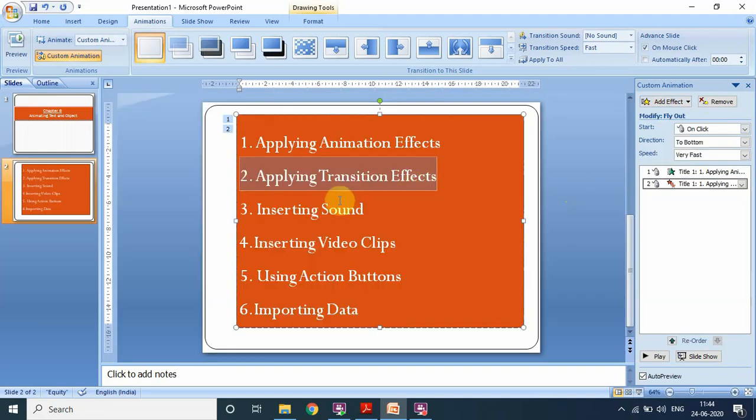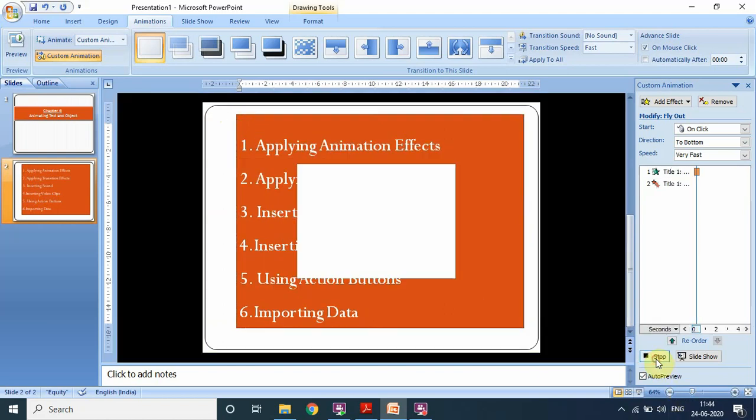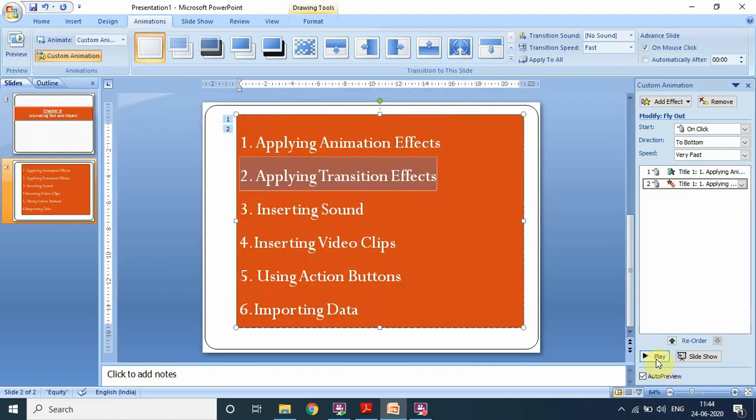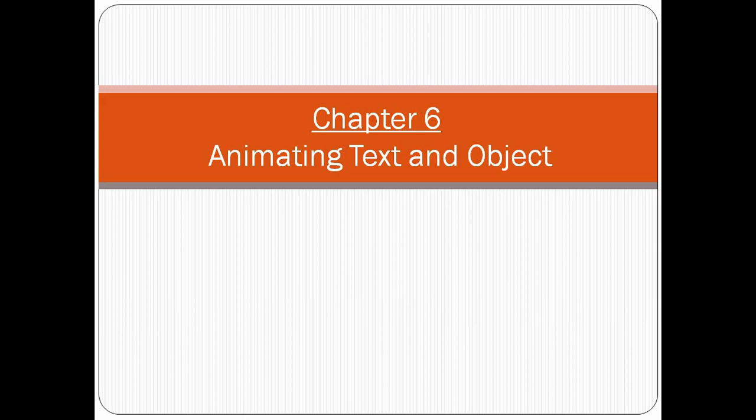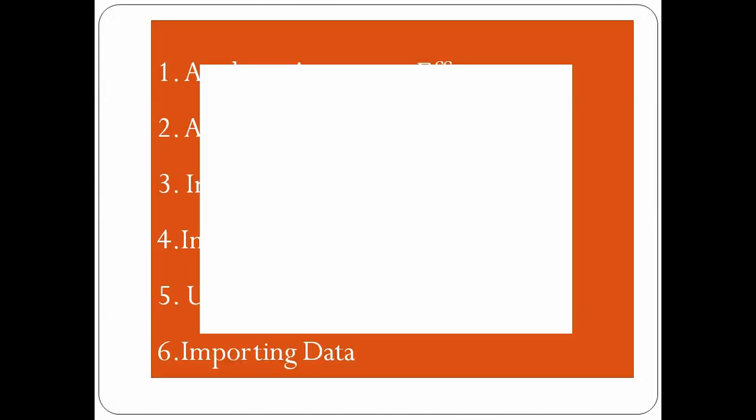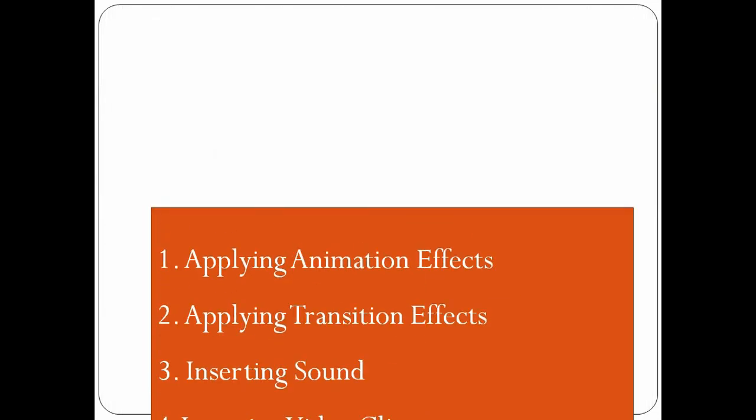Right? As we can observe, whatever objects I am selecting and the animation effects I am applying, they are marked with numbers like 1 and 2. So these are the order of the animations applied on the objects. Right? So this is the way I can apply the animation effects. From here I can play that. Simply if I go for a slideshow, on the first slide I have not applied any effect. On the second slide, see, this was the box effect and this was the fly out effect.